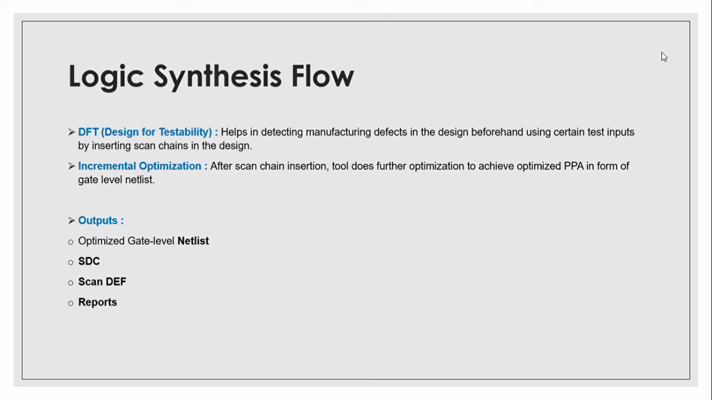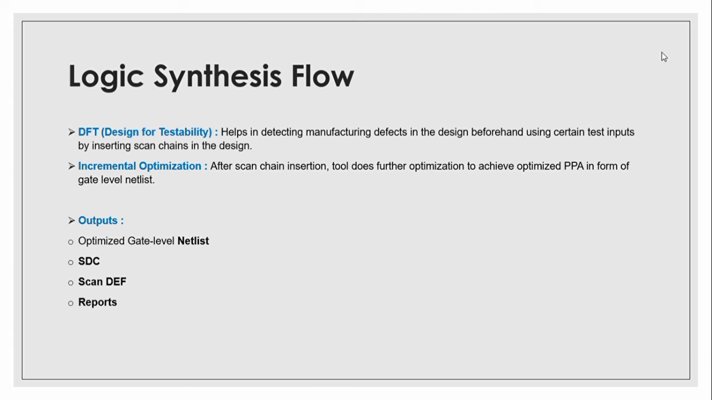And also by having scan chains, the design can be more controllable and observable. That's why we go for this stage. After scan chain insertion, we go for a last, incremental optimization. Here the tool checks if any new violations happened after scan chain insertion, if any errors or critical paths are coming, or any timing violations are happening, and it will optimize further to get an optimal